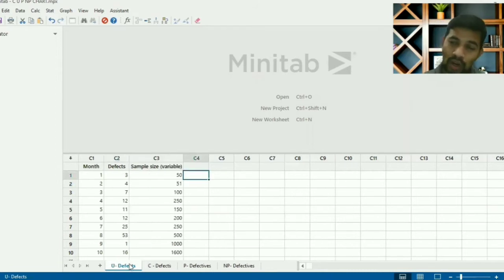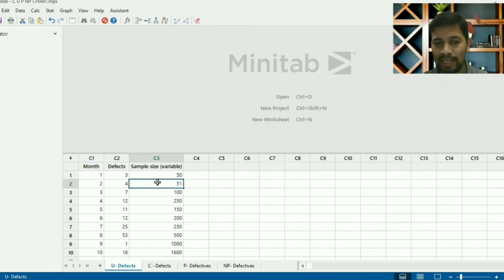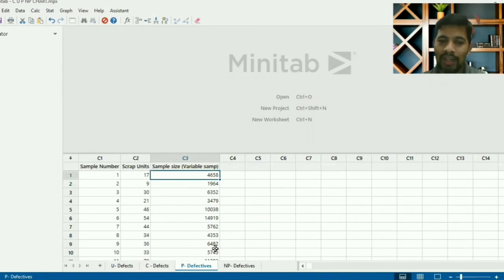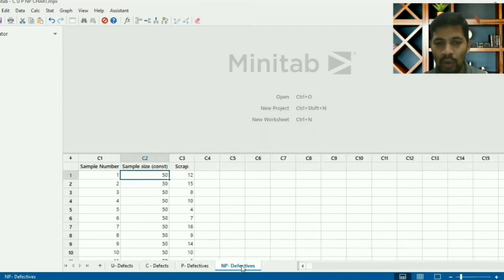Another one is called U chart, or variable chart. You can see here the defects I have. There are 3 defects in sample 50, 4 defects in sample 51. I have variation in the sample size. Okay, U chart. P chart. Let's talk about that. P chart, again variable, when you're talking about scrap or defective. For example, 17 units are scrap out of 4,658 units, and